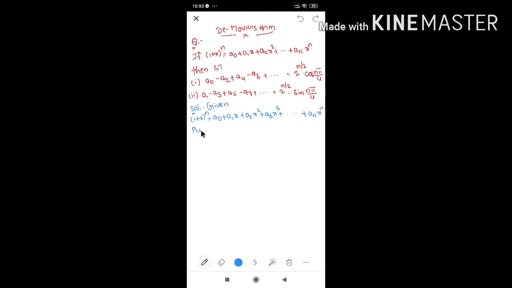Put x is equal to i. (1 plus i) whole power n is equal to a0 plus a1 into i plus a2 into i square plus a3 into i cube plus up to so on an i power n